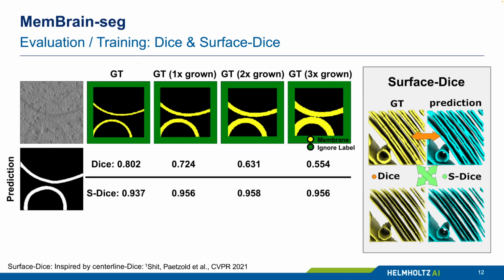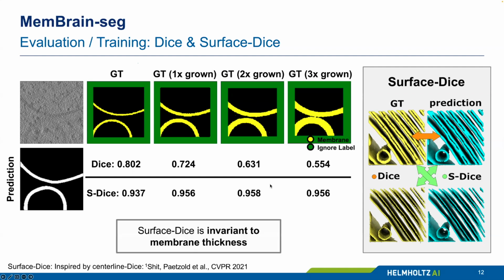And the nice thing about that is also, I mean, we can use it once as an evaluation metric to really, more objectively judge how good segmentations are without focusing on the thickness of the segmentations. But we can also use it actually as a loss function to optimize our network, so that the network also doesn't really focus on getting perfect pixel-wise agreement, but it focuses more on the continuity of the membranes.